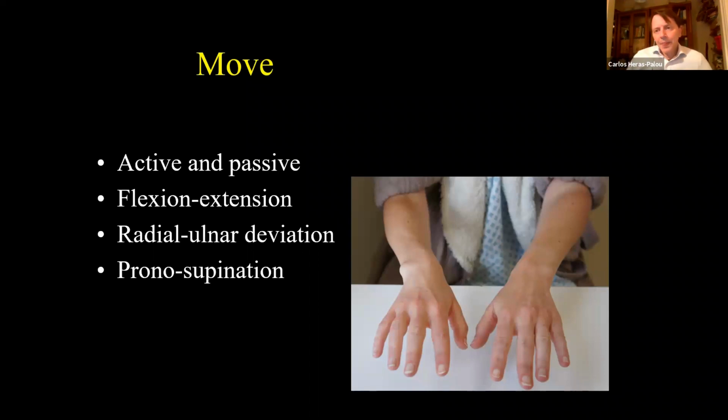Practice with a colleague. You cannot examine your own wrist really. So you need to sit down with a colleague or a friend and examine them. Check the movement, active and passive of the patient, flexion extension, radial deviation, and pronosupination. Pronosupination is the one that catches you a bit